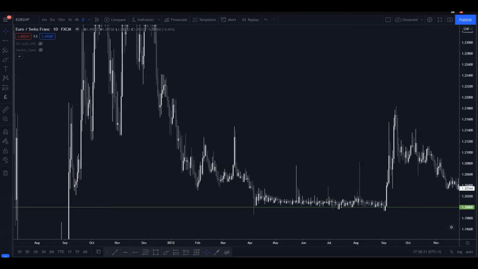floor in 2015. So from around October 2011, which is about here, the Swiss National Bank said, because they didn't want the Swiss franc to gain strength against the euro, they're going to buy it up at 120s. So when Euro Swiss franc reaches 120s, as you can see here, I'll mark this out there, the Swiss National Bank is going to buy up this level so that it doesn't go below, in order to keep Euro Swiss franc at this level, because they didn't want the Swiss franc to be a strong currency essentially, because they are